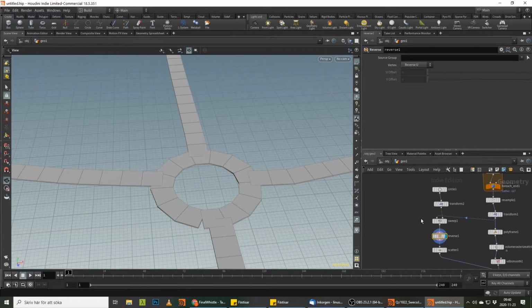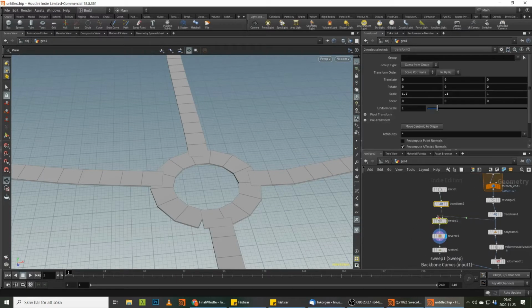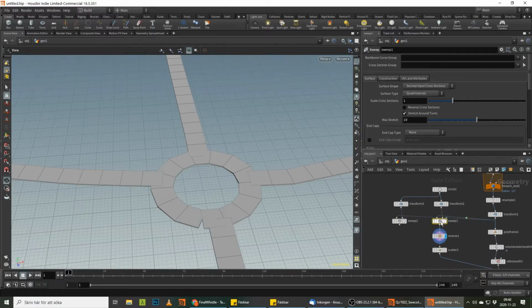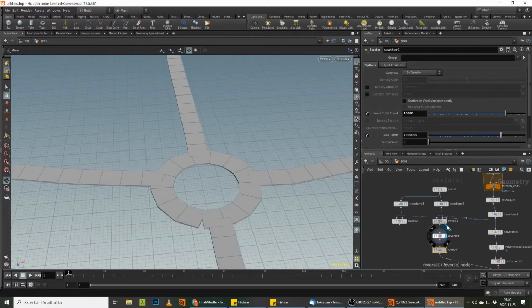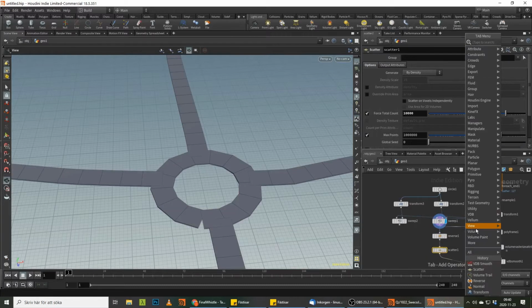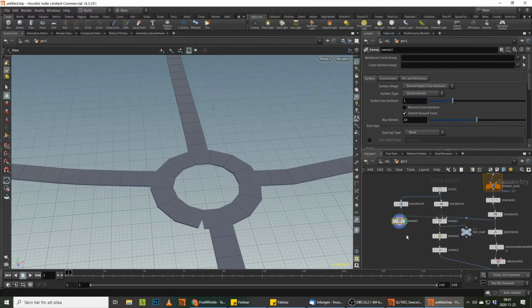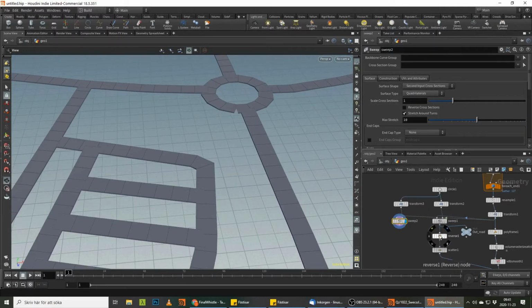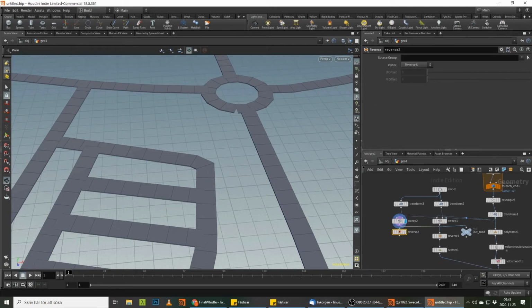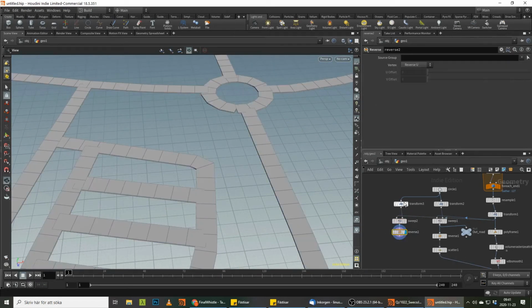We could then do another copy of this, because this will be a road that we actually use. So we can put down a null here, which we call out road. And then when we do our simulation, we want a road that we project our cars back on. So we're going to use a reverse here as well in order to get normals right, and then we're just going to do